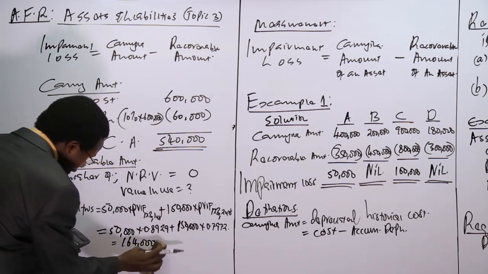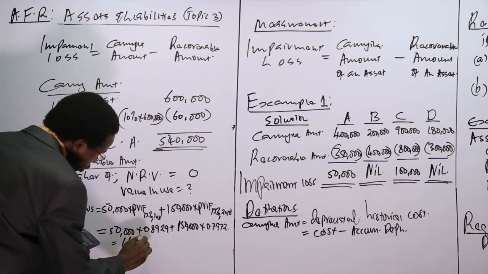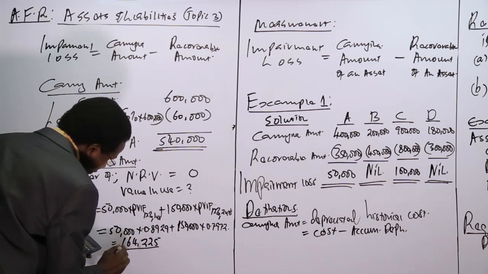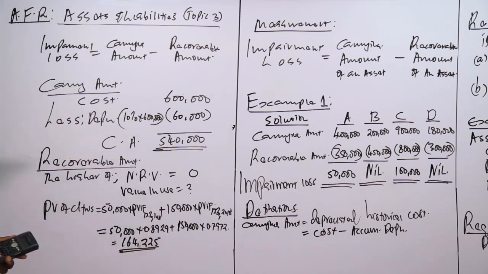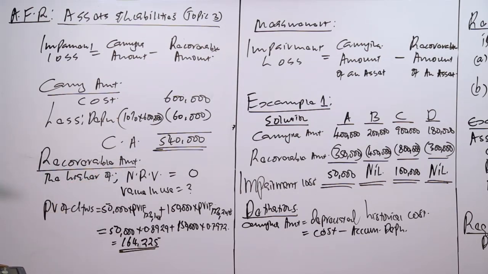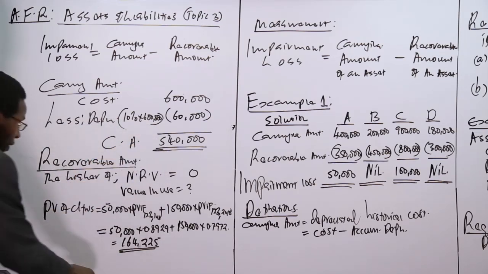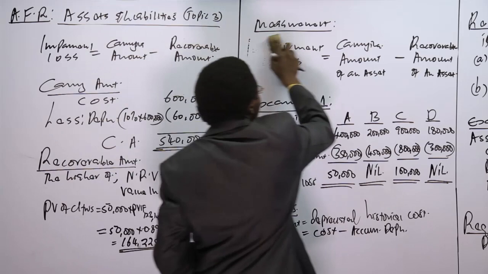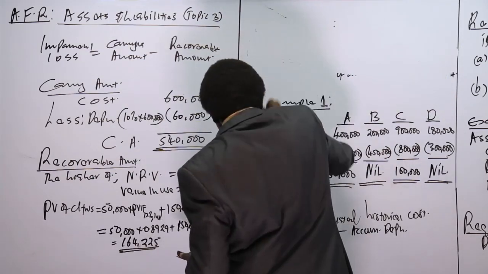Not 164 exactly, it is 164,225. After we have done that, we have noticed that we were not given the net realizable value, but we have the value in use, which is 164,225. So that's what we are going to use as our recoverable amount. And the carrying amount is 540. So automatically there is an impairment loss. So we come and say our impairment loss